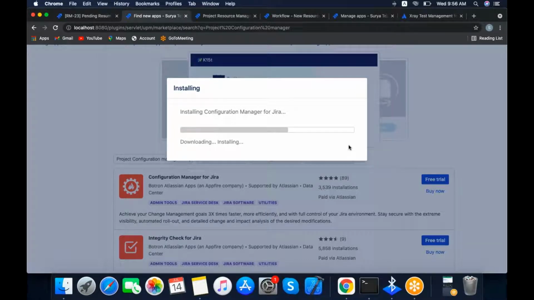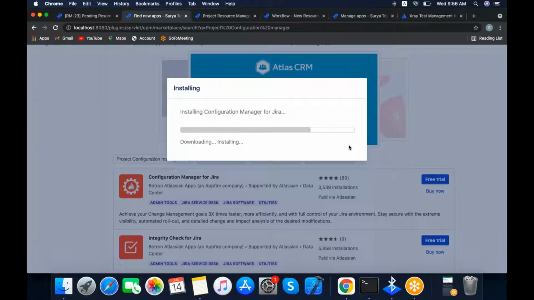For every project, will one license work for all the projects at instance level? Do we need to purchase a license for each project? It's not like that. Once you purchase the license, it will work for all the projects. However many projects there are at your instance level, you can use the plugin for every project.